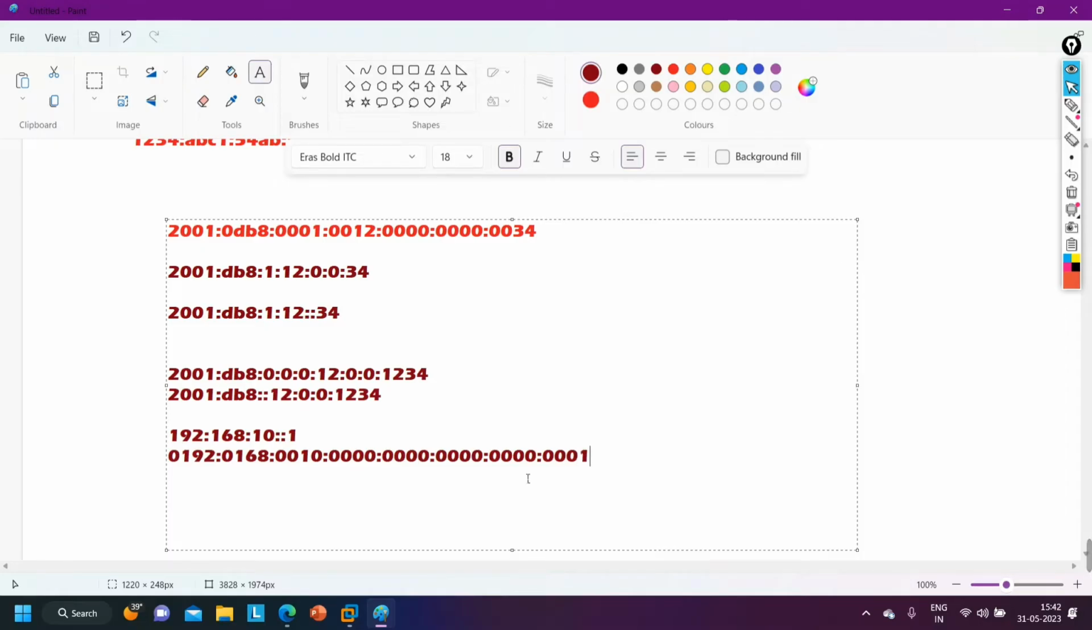0001. This is the unsimplified IP address, but there is no difference between this address and this address. Both are the same, right? This one is the simplified IPv6 address. So if I am saying 12 double colon 1, that means this is a simplified IPv6 address. The complete IPv6 address will be what? 12 colon 0 colon 0 colon 0 colon 0 colon 0 colon 0